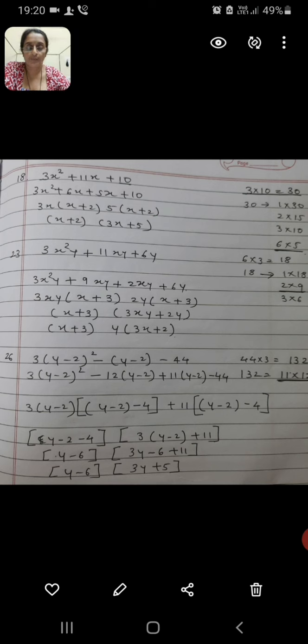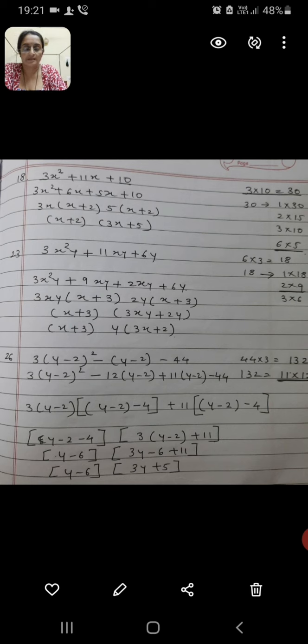Now we got two brackets. Still, in the second bracket there is one common factor, we can take it out because we have done it in the first exercise, taking common factor. So y is common there, so we can take y as common. So 3x plus 2 will be in the second bracket. So there are three factors of the given term. First is x plus 3, next is y, and the third is 3x plus 2.